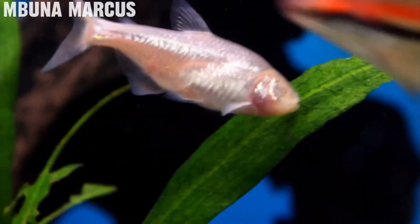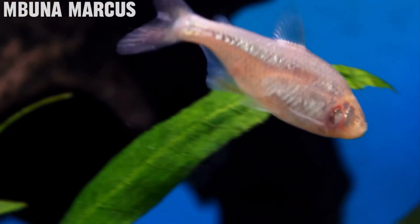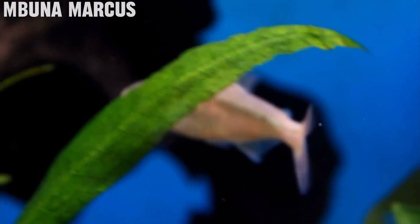But yeah, these guys are a super peaceful fish just because they don't have eyes, so they're not really going to be nipping at any other fish. The only problem is, like the hatchet fish, you're going to want to make sure you don't have any fish nipping at them. Because they don't have eyes, they can't see, and they could just be absolutely bullied by your